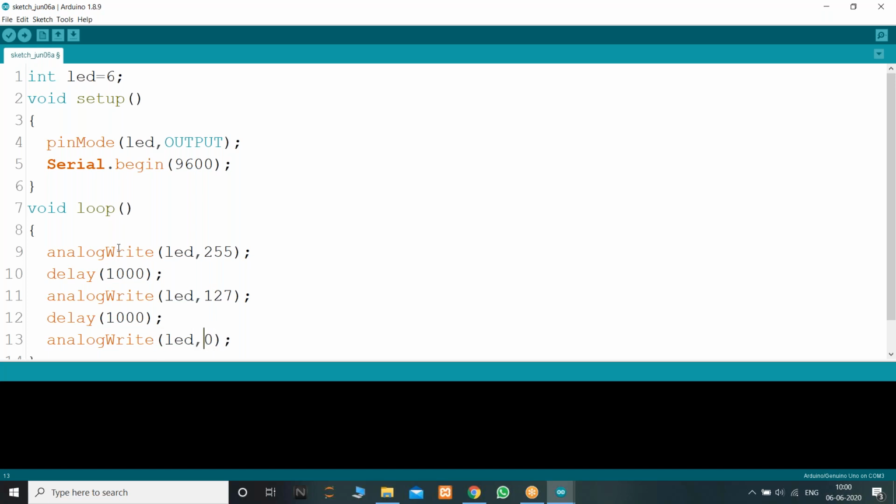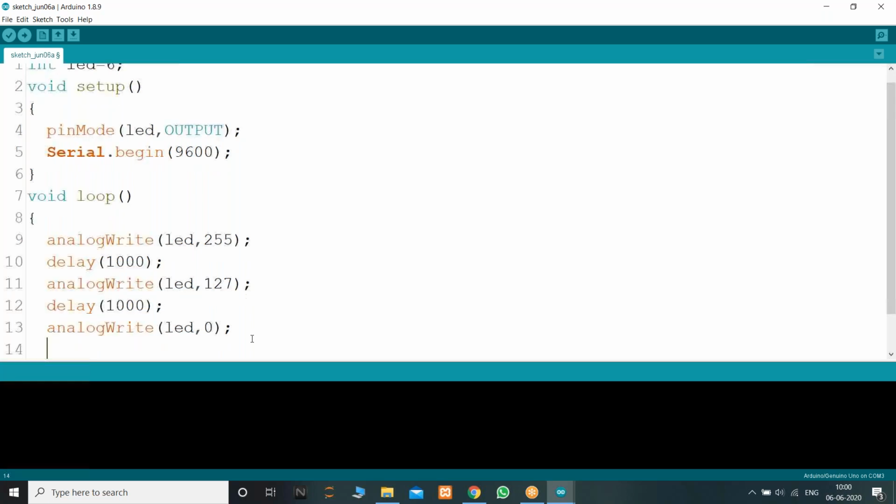So analogWrite takes two arguments: the pin number and its corresponding value. For generating 0 volts, you give 0. For generating 5 volts, you give 255. For generating any middle value, you may use 127 or whatever it may be. And delay of 1000.